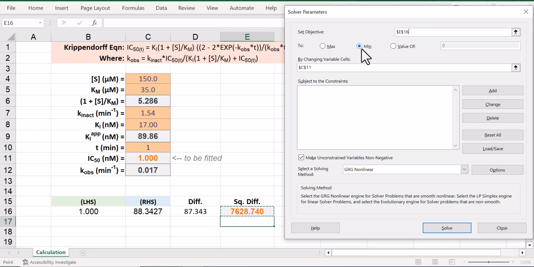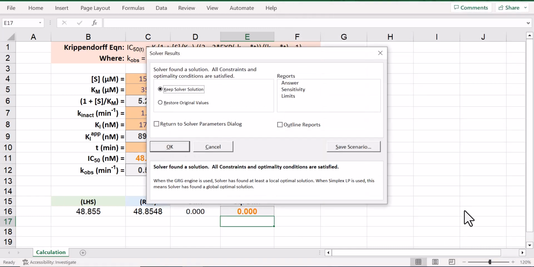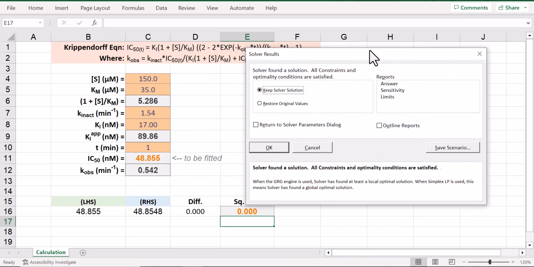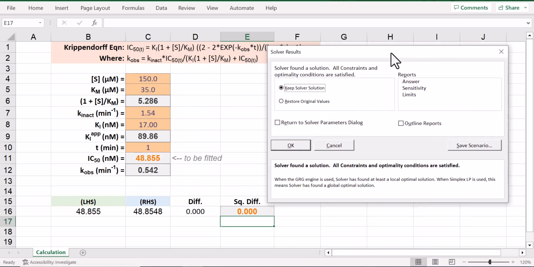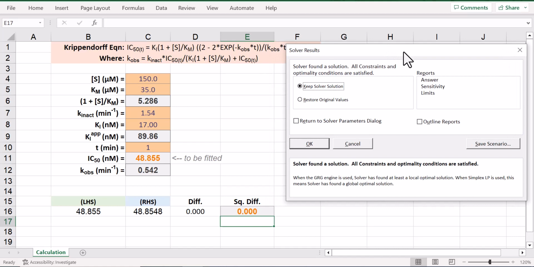And I direct Solver to change only the value of cell C11, the IC50 value, in order to set the two sides of the equation equal to each other. When I click Solve,